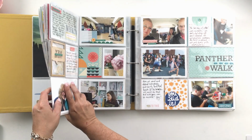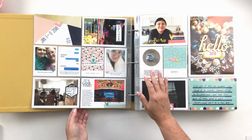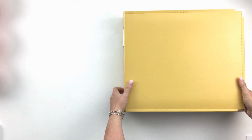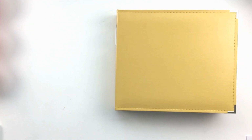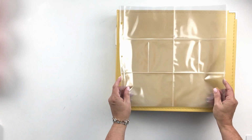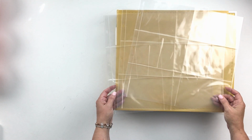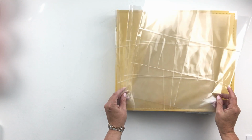Okay, so I found a couple of other brands that I have on hand that I can share with you, that I've used before, that I feel like I can review fairly and tell you about pretty accurately. Actually, let me leave that there. I have a couple of Hobby Lobby brand pocket page inserts. I have a couple of Hobby Lobby branded pocket pages here, and I have mixed feelings about recommending Hobby